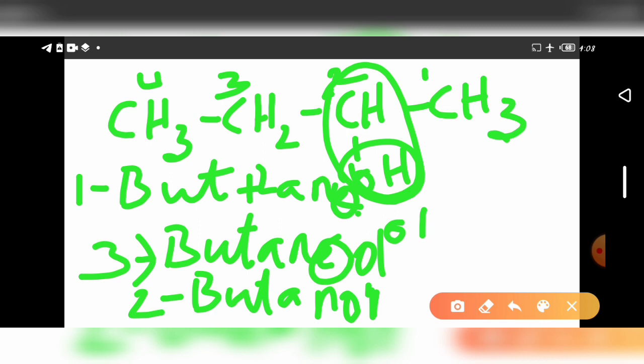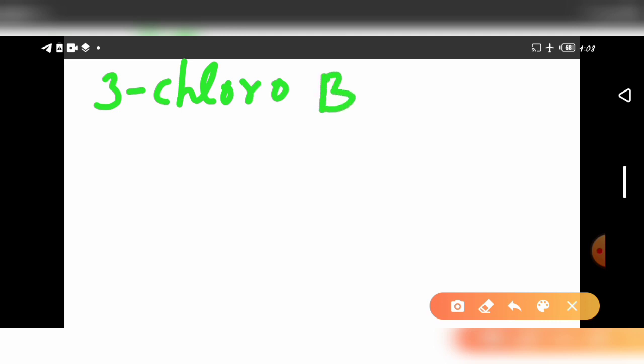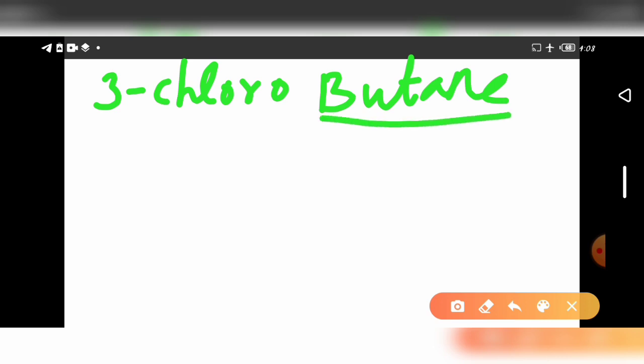Okay students, this you have to understand. Suppose I give the name, how will you draw the structure? Now I write the name. See here, I write one name, that is 3-chlorobutane. Butane means first you have to identify the long chain presented, butane. So you have to draw methyl, ethyl, propyl, butyl, 4 carbons. So you draw first the 4 carbon atoms.